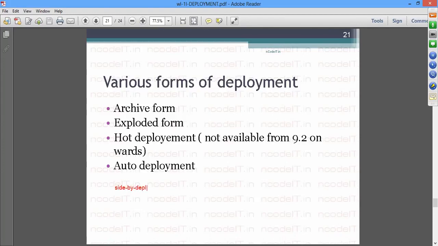Side-by-side deployment, or it's called version deployment. What it actually means is, Oracle especially says that our WebLogic server is a super good app server that requires zero downtime, or it can maintain 100% uptime. That's what they say. Now, to sustain or to actually justify such a claim,